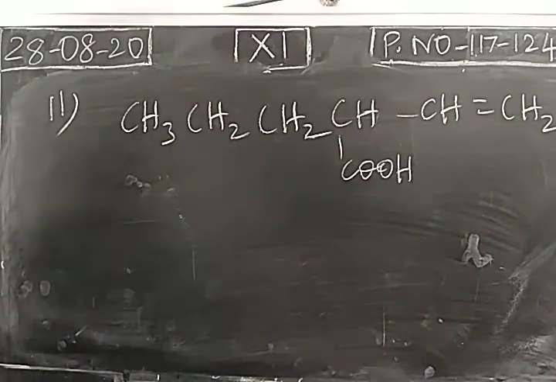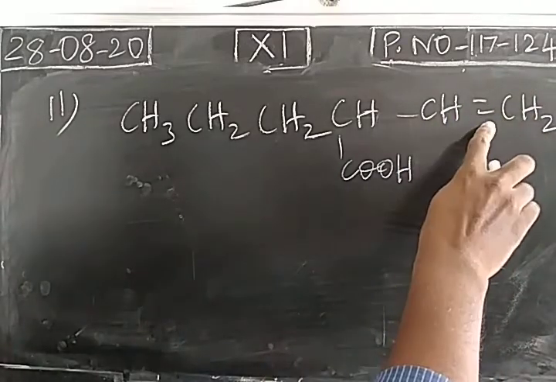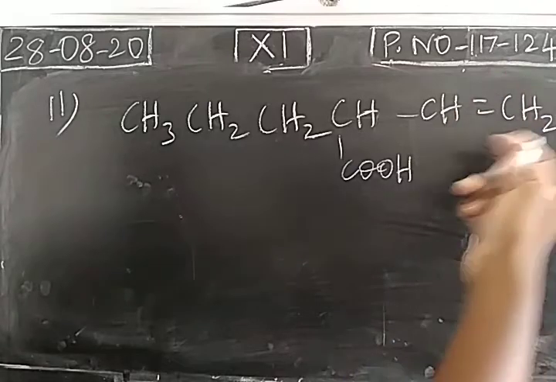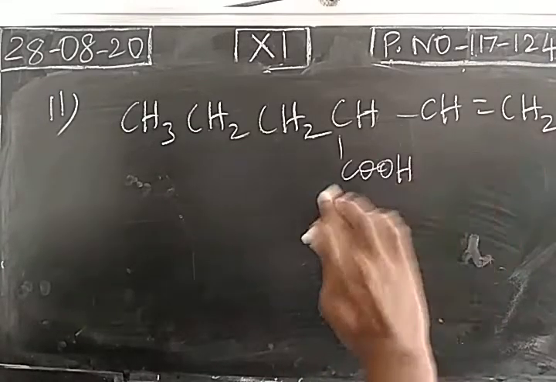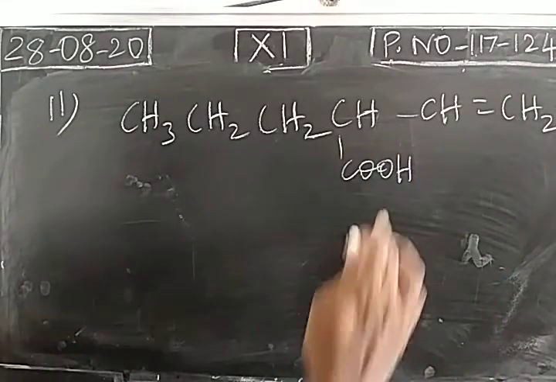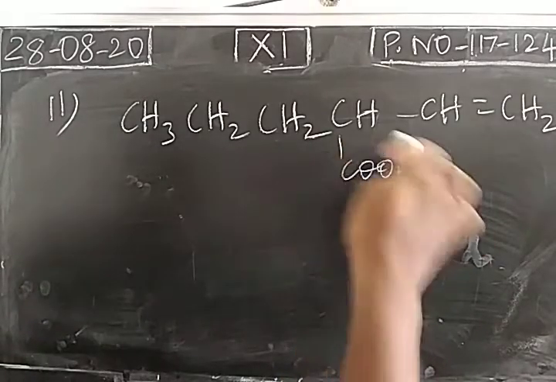So when we consider this compound, we have a functional group carboxylic acid and we have a double bond. Now the question is, which will act as the functional group? Because in the priority order, we have both carboxylic acid as well as alkene, right? So addition reactions will take place at this double bond. By breaking this double bond, addition reactions are possible. So sometimes this double bond will lead to the chemical reactions or chemical property. So if an alkene as well as carboxylic acid are present, based on the preferential order, the carboxylic acid will be the functional group.